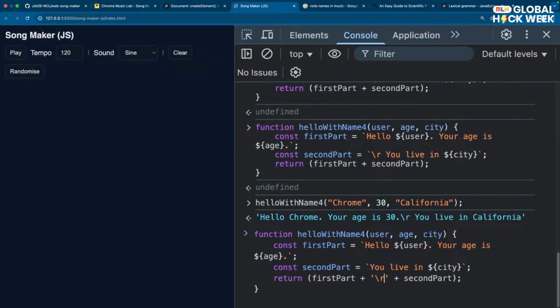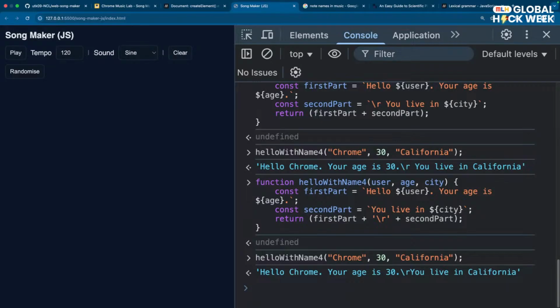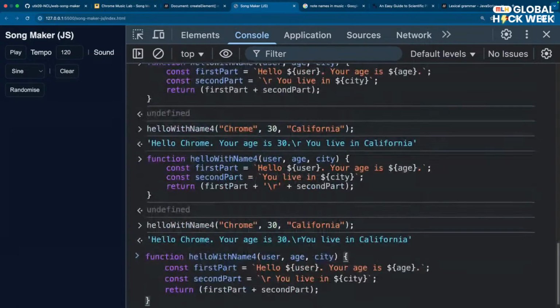Ideally, one of these should have worked as a new line, unless there's something weird going on with respect to console. It should not be the case, ideally. Okay, not going to focus on the new line. I'll have to Google that bit. In my opinion, that should have worked. But anyways,